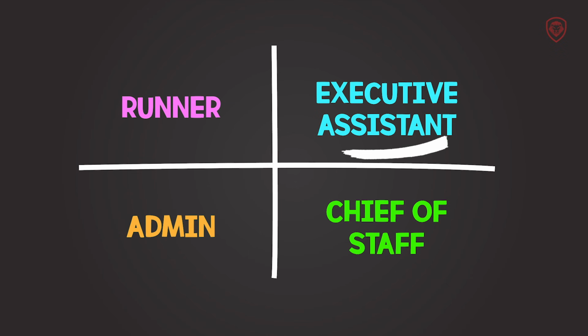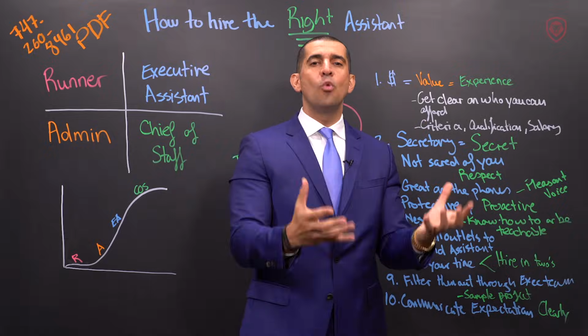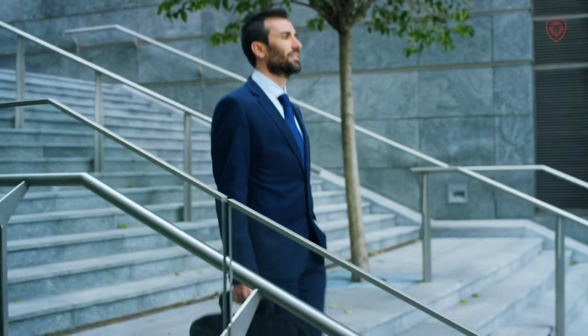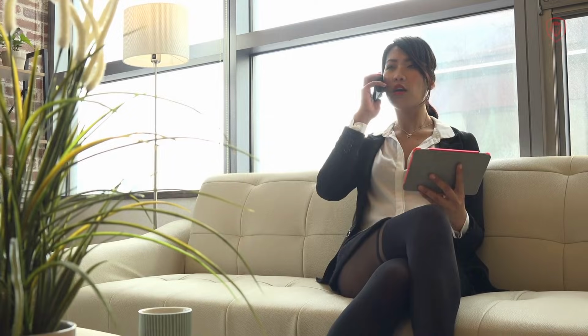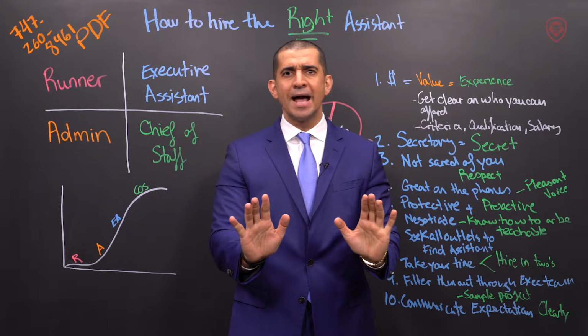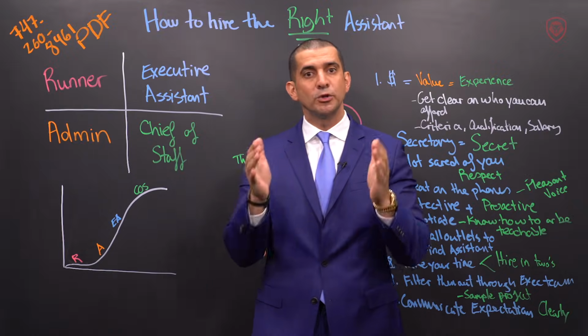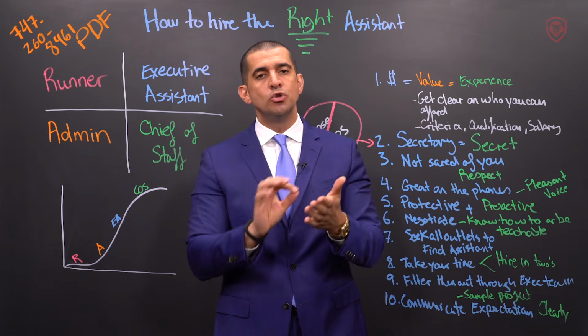Then you have an executive assistant. An executive assistant is in their own world an executive, right? In their own world. They are doing more than the usual. They are negotiating on your behalf. They are calling people and filtering them out. They know your wiring. They know what you like. They know what you don't like. They know your time. They know what relationships you're not going to be doing anything with because they have a filter for it, right? That is your executive assistant. They are hired to pay.